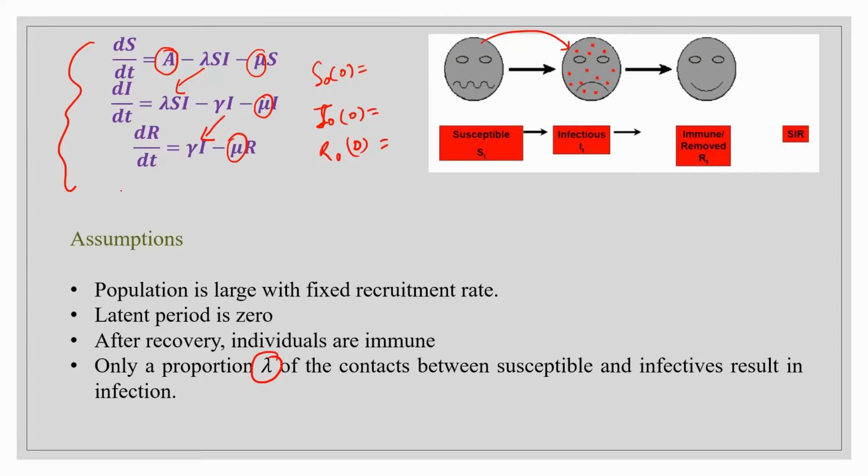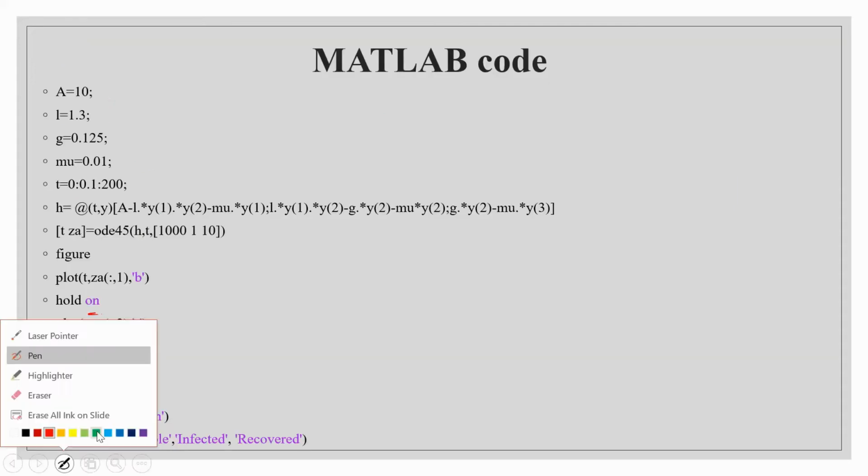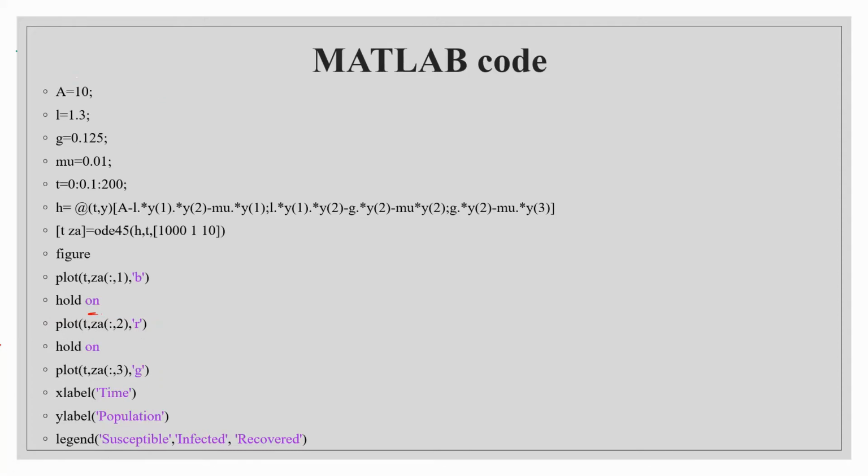Now we are going to see how to run the code in MATLAB and Python. Firstly I will show you the MATLAB code. Here we have first given all the values of the parameters. These values depend upon the situation and of course on the disease. I have considered them hypothetical, but whenever you want to model some disease, it is very important that you choose these parameters from the dynamics of the disease, otherwise your future prediction will be wrong.